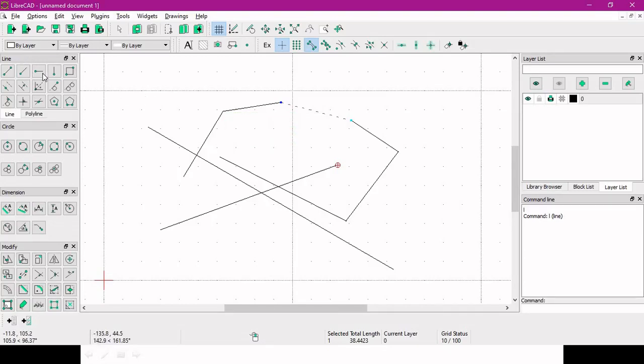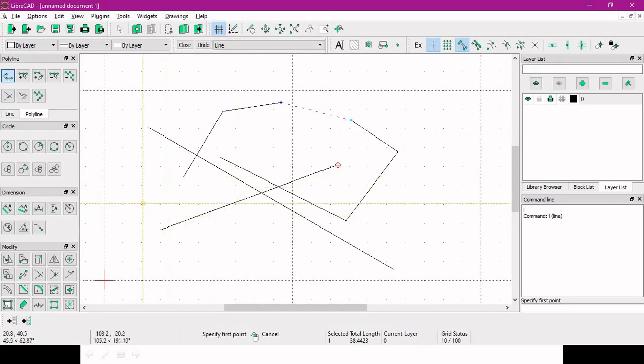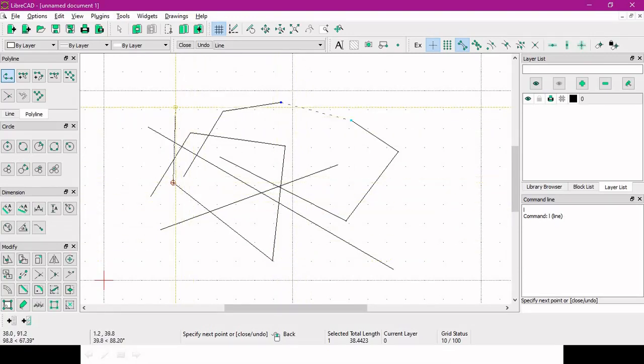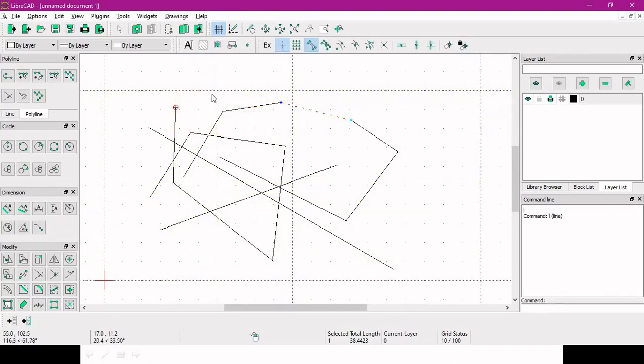Similarly, you can use the other tools in the line widget. So let's go to the polyline widget. Here if you choose polyline, it's a continuous line. So for different points you can go. Now what is the difference between line and polyline? Suppose we have drawn these lines earlier. If you select one line, then one line only will be selected. However, for a polyline, the entire polyline will be selected. This is the basic difference between polyline and line.